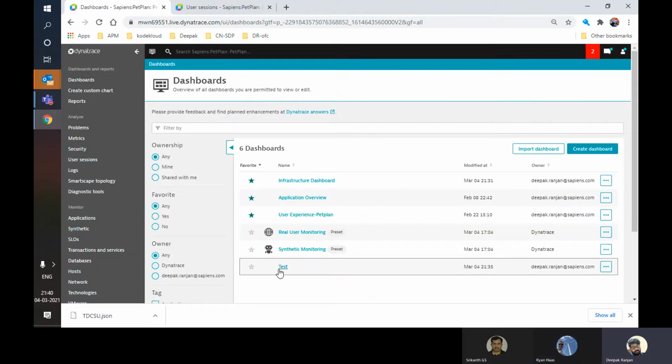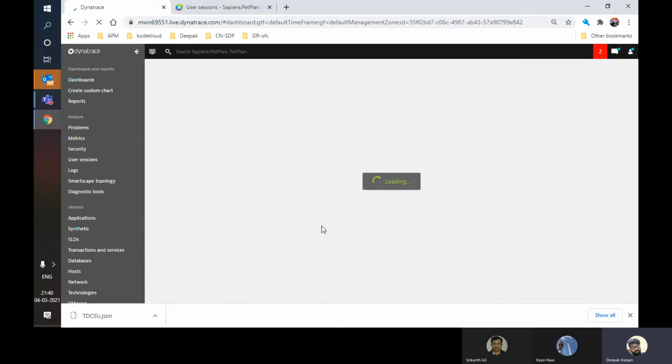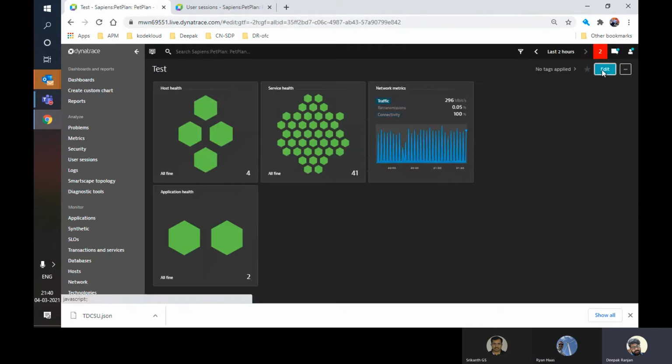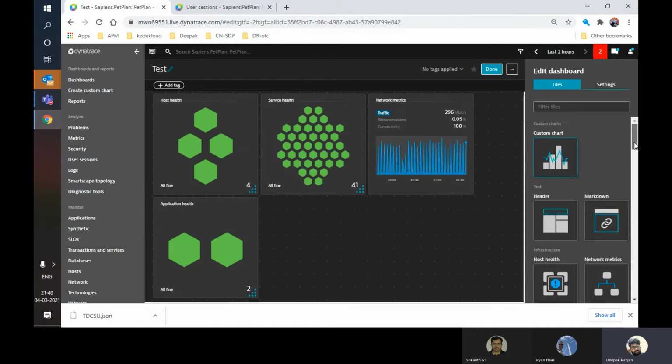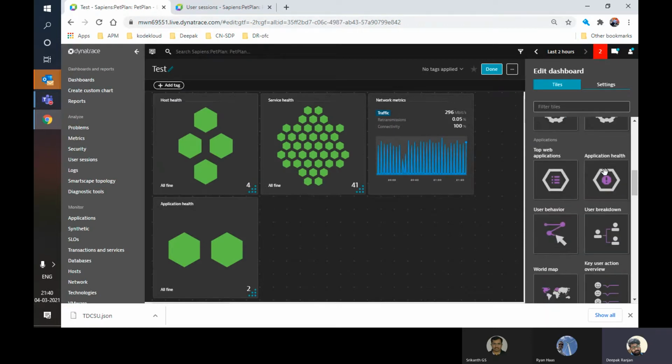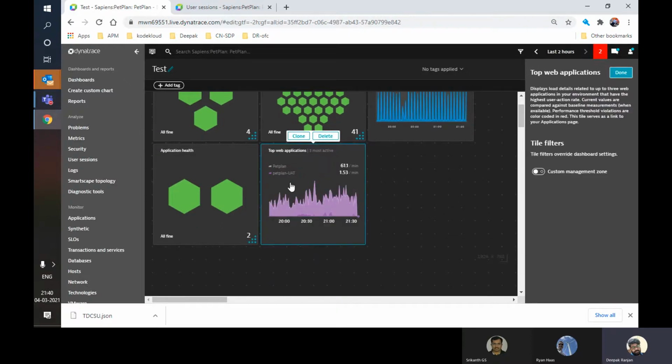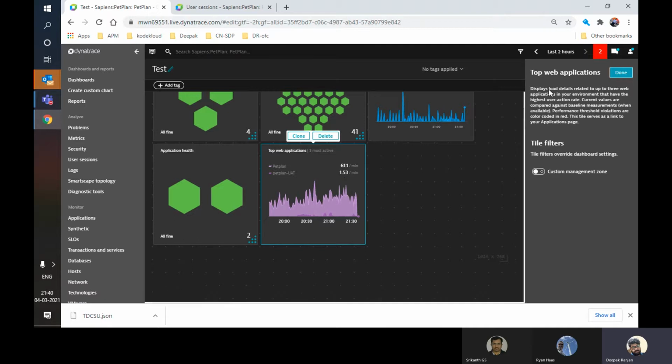Okay, so test dashboard. The dashboard is just drag and drop. Take the metrics from here, this is the simple metric. If you say top web, which are the top web applications? We have only two. So pet plan has 661.1 requests per minute, and UAT had 1.5 requests per minute coming over the last